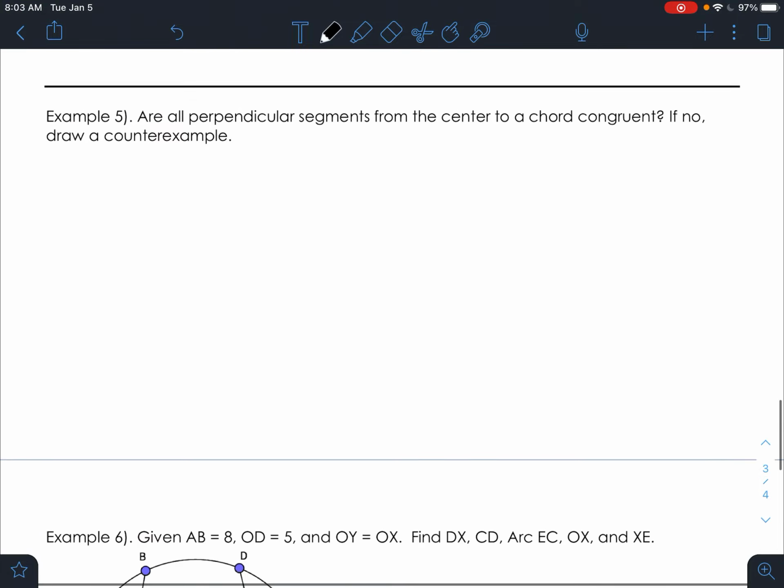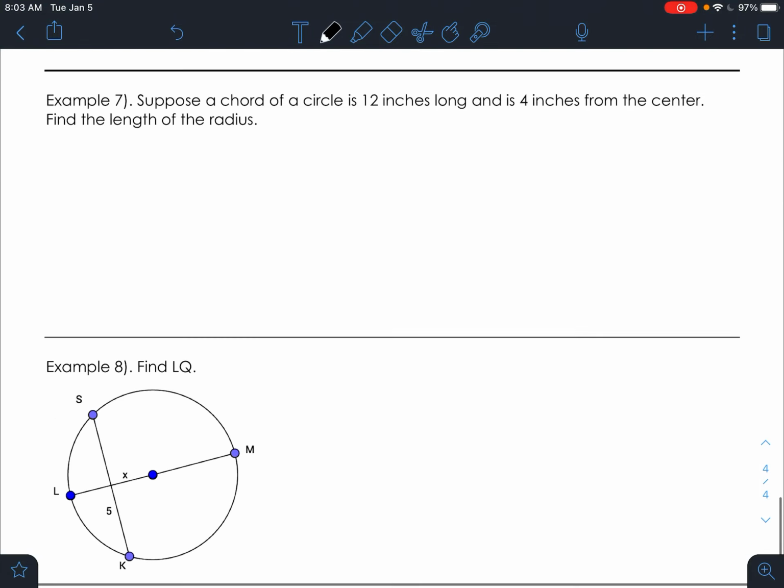Okay, so those are the big concepts. I'm going to come back here and do the we try or the you try as well, because